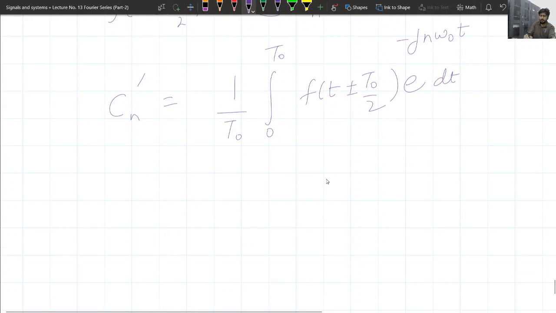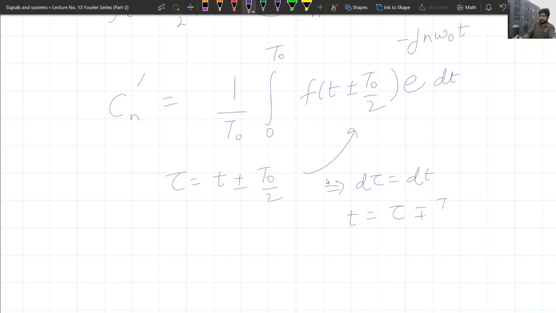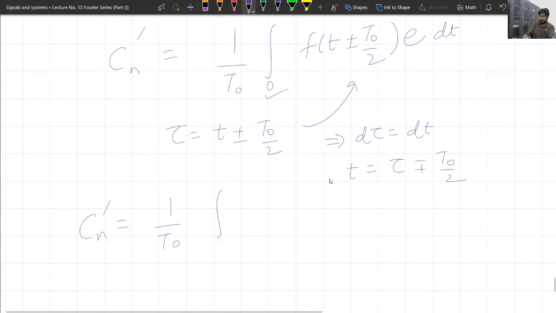Let's say tau equals t plus minus t naught by 2. Putting these values here, you can see d tau will be equal to dt only, and t will be equal to tau minus plus t naught by 2. Then Cn can be written as 1 upon t naught integration, and for t equal to 0, its value will be minus plus t naught by 2, and similarly for t naught it will be t naught minus plus t naught by 2, and it will be f tau into e to the power minus j n omega naught